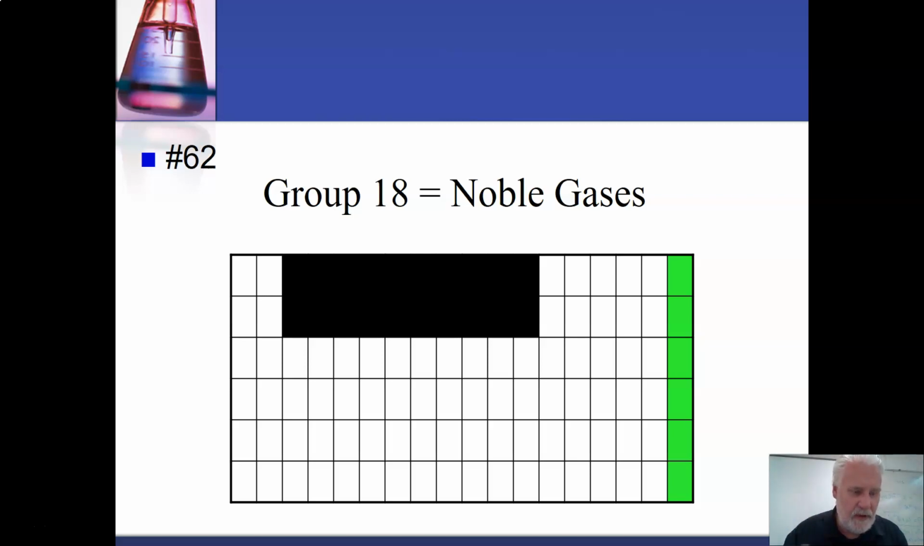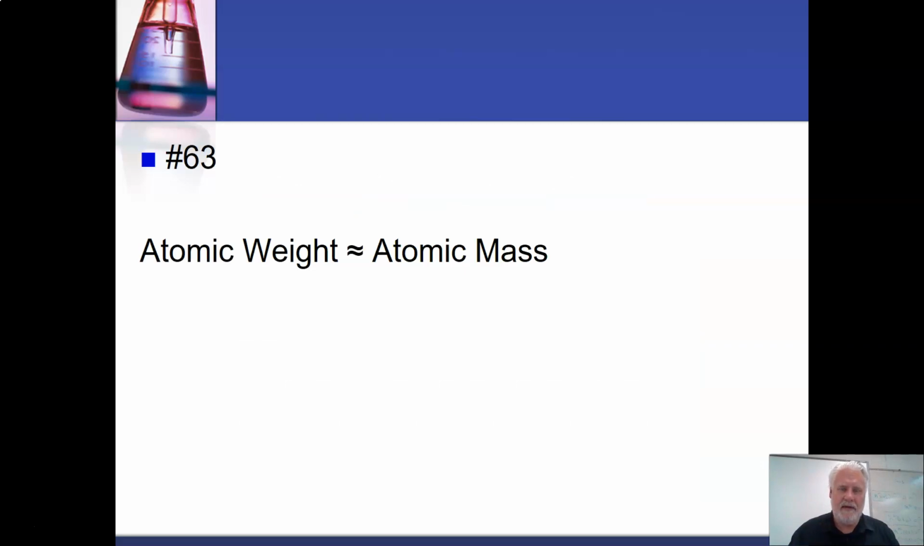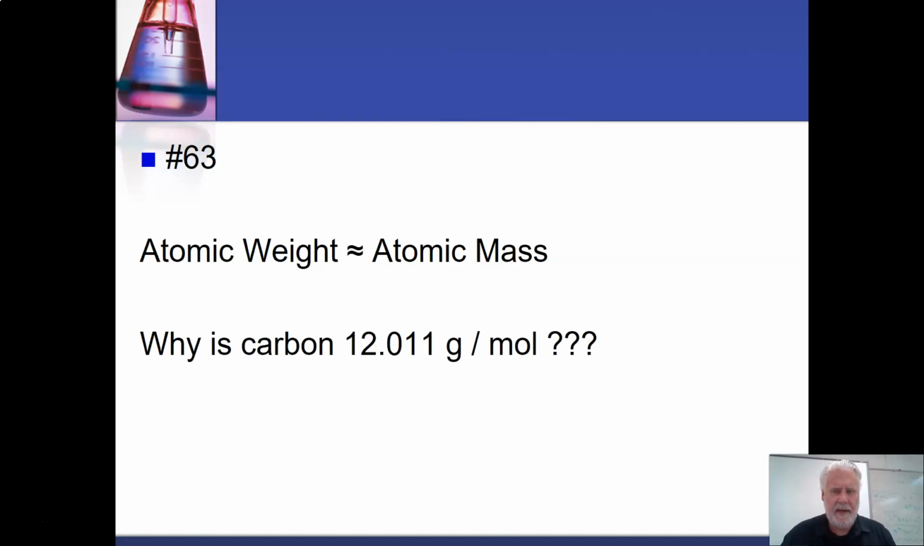We're getting a good review and getting through some good stuff here. First of all, for number 63, for purposes in a chemistry class, atomic weight and atomic mass are interchangeable. Okay, and you can pretty much call them the same thing. The question for this one is, why, if the whole system is based on carbon 12 weighing 12, why does carbon have an atomic weight of